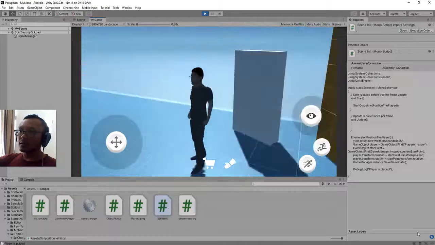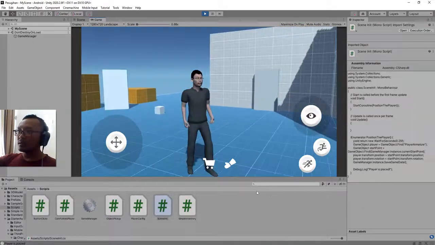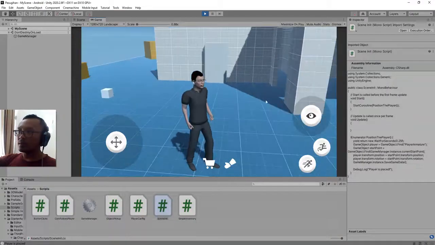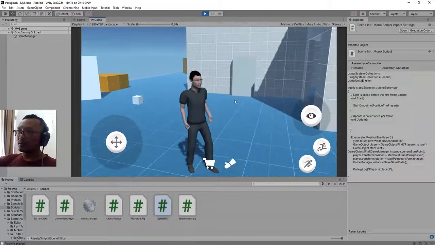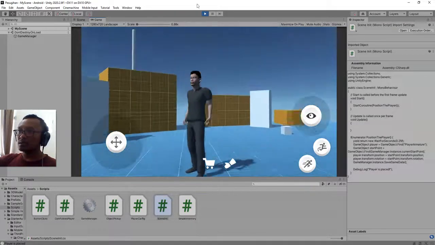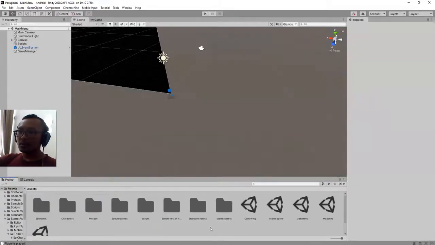You see that? But the problem is you see a quarter second of jump for the player from this place to that start point, which is pretty annoying, I think. But don't worry, we can do this trick. Here on